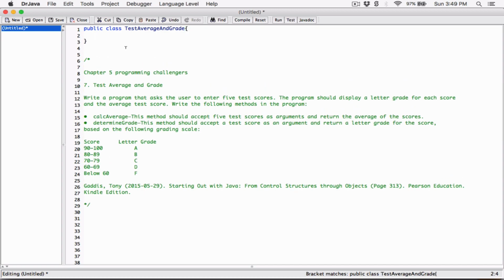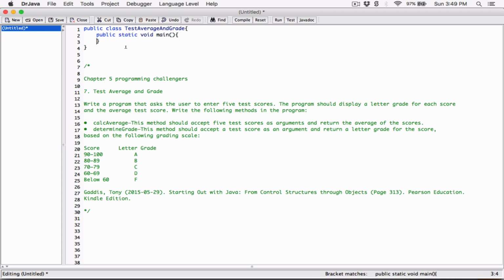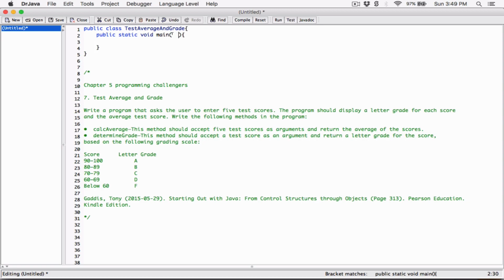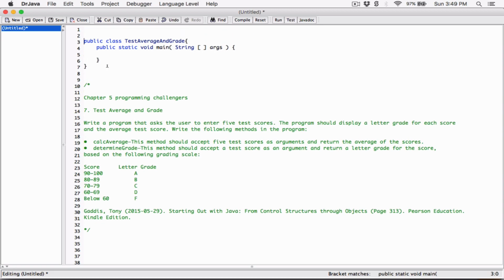And then I'll create the main method. Okay, so we know that we're going to ask the user to enter 5 test scores, right? So since we're going to be asking the user to enter 5 test scores, let's go ahead and